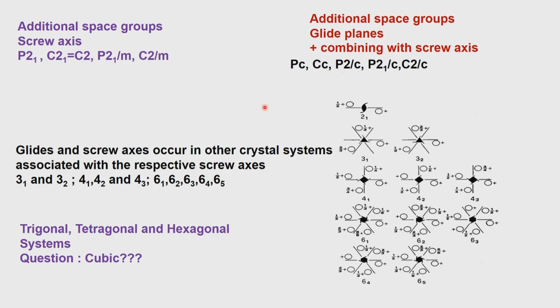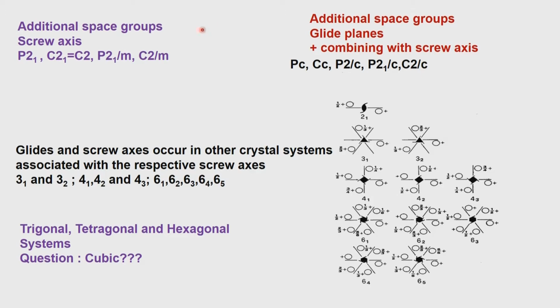Diamond glide is a little more complicated. I will not go and describe this now, and I do not think we need to worry about it at this moment at the level of the course which we are offering now. These will of course generate additional space groups in very few crystal systems, cubic probably and tetragonal to some extent. Other crystal systems will not have the diamond glides. So, as a result, very few space groups. If you come across any of those space groups, you can specially analyze them and see whether you can get information on this. So, what happens with the presence of the 2 1 screw and with the presence of the glide plane? You get additional space groups.